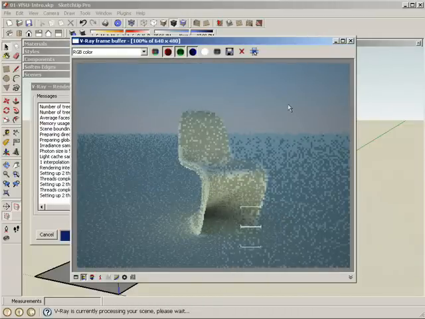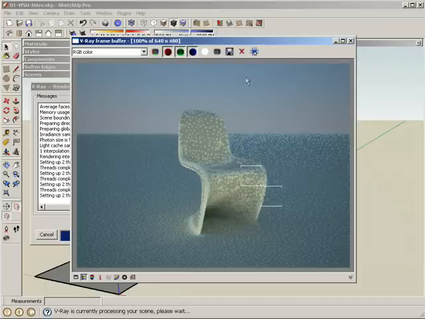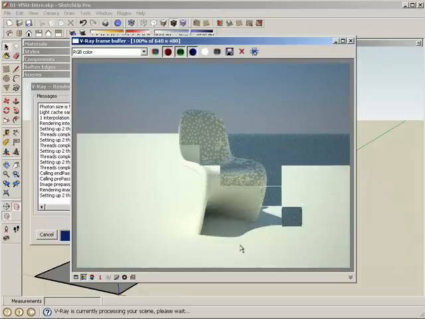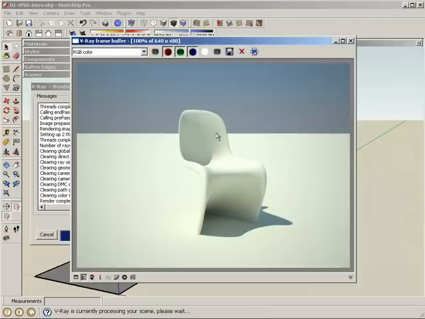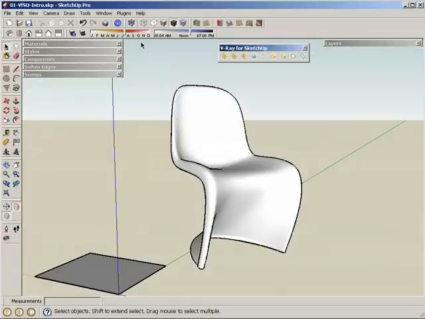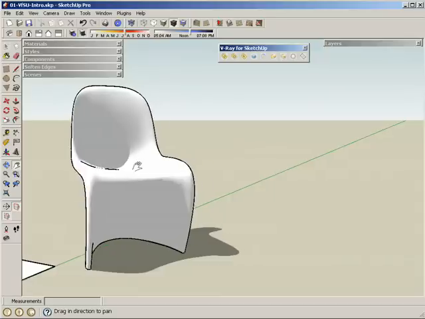So right off the bat, we can tell we have a sky background that we set up with our V-Ray physical sky. We have an infinite plane that we set up for our ground, and our chair is nicely lit by the physical sun and physical sky. The shadow information, or essentially the sun location, is coming directly from SketchUp's own shadow settings here. So you can see if I pan this over,